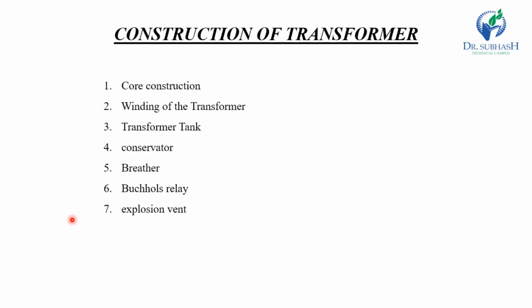The explosion vent. The explosion vent is a thin aluminum pipe placed at the end of the transformer to prevent the transformer from damage. When the temperature increases in the transformer and excessive pressure is created inside it, the explosion vent helps in releasing this pressure. Now, the radiator. The main function of the radiator is to cool the oil in the transformer. The radiator is a detachable device whose upper and lower portions are connected by a valve to the transformer tank. When transformer cleaning and maintenance are done, the valve prevents draining of oil when the radiator is detached from the transformer.